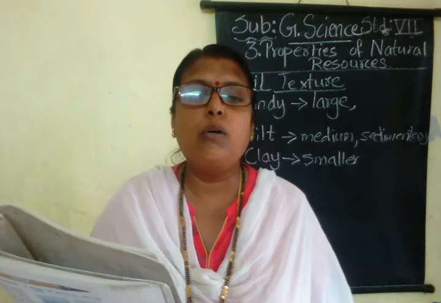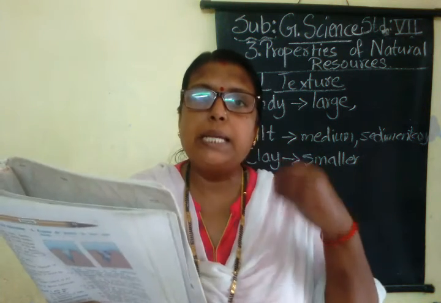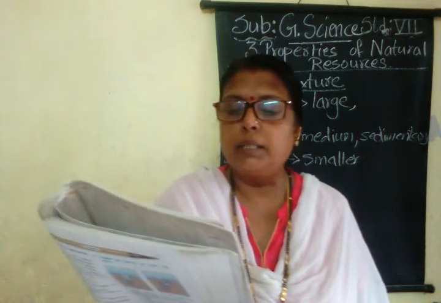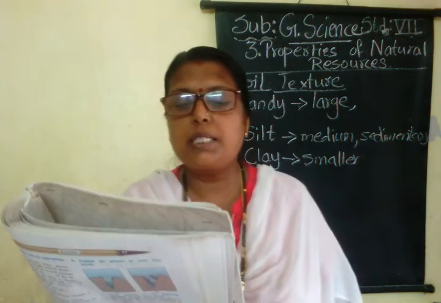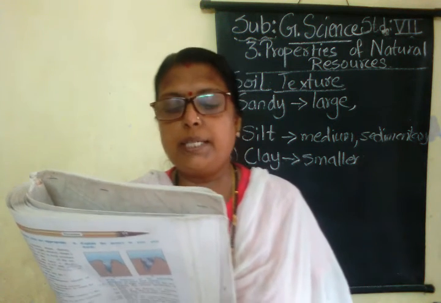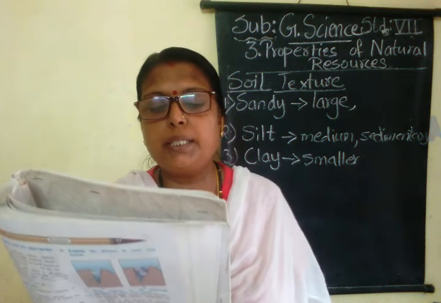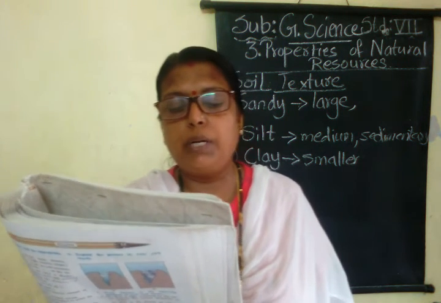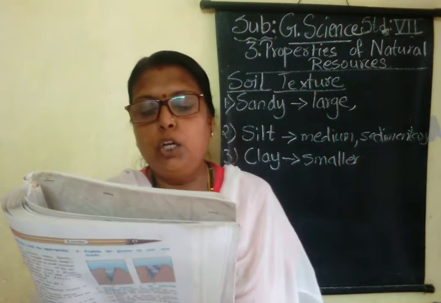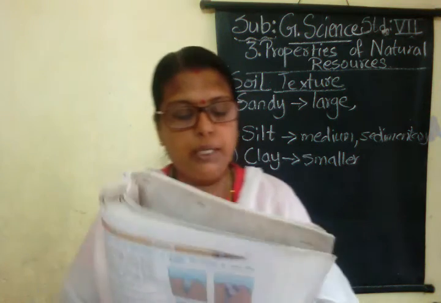So testing is done only for the purpose of finding any deficiency. Deficiency means something is lacking in this soil. If something is lacking, then the fulfillment can be done. The soil sample collected for testing is dried in the open space in shade for 8 to 10 days, and then it is sifted through a sieve. Two tests, namely the pH and the electrical conductivity test, are particularly useful in finding out the characteristics of soil. You can determine the fertility of soil in your fields with the help of different tests.